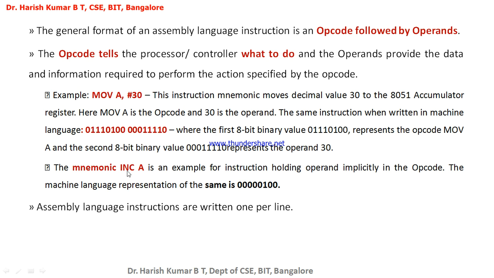Similarly, we have the mnemonic INC A, which increments the content of the accumulator register by 1, and for this INC A the machine code is this. Now these are the things, what this MOV A, so this is